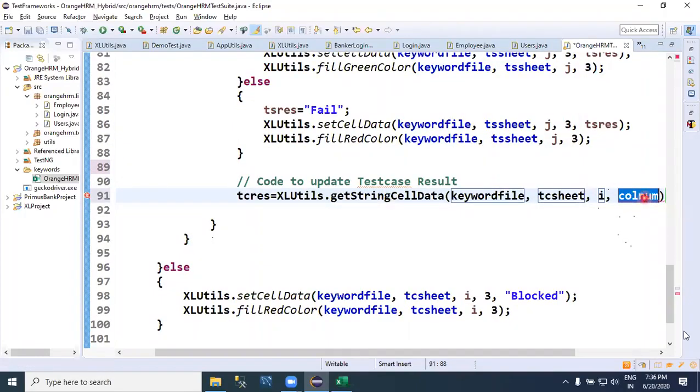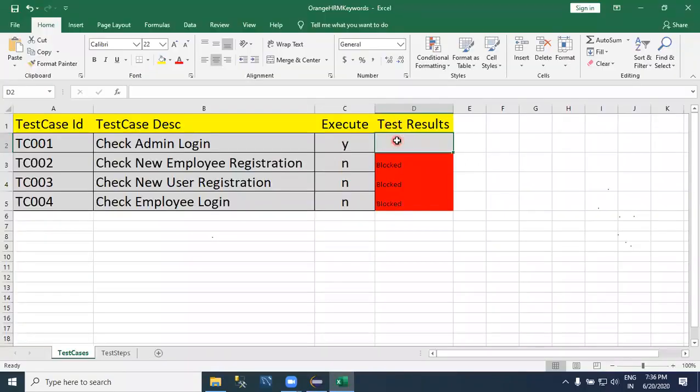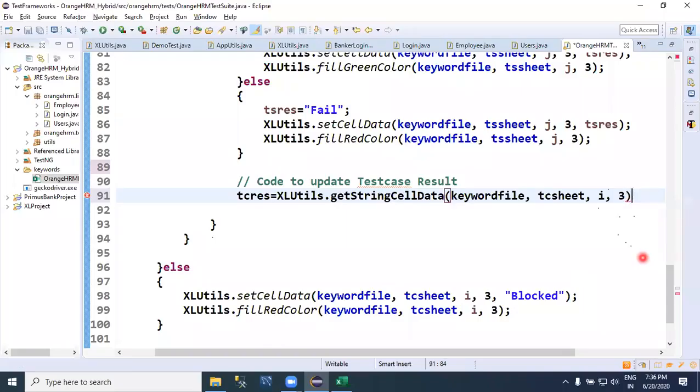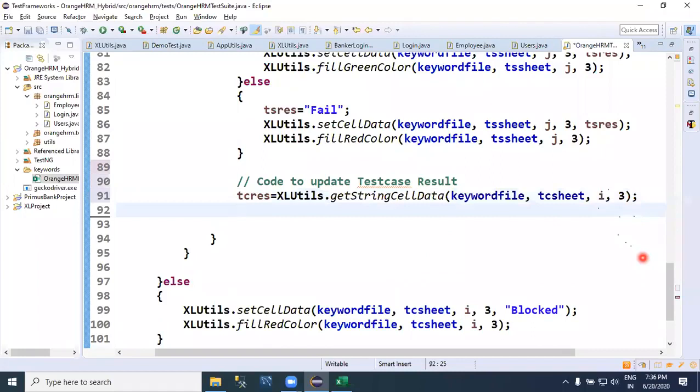Then column number, this one, 0, 1, 2, 3, column number 3. First, I'm reading whatever the default result available. Then I'm putting a condition here. If these test case results